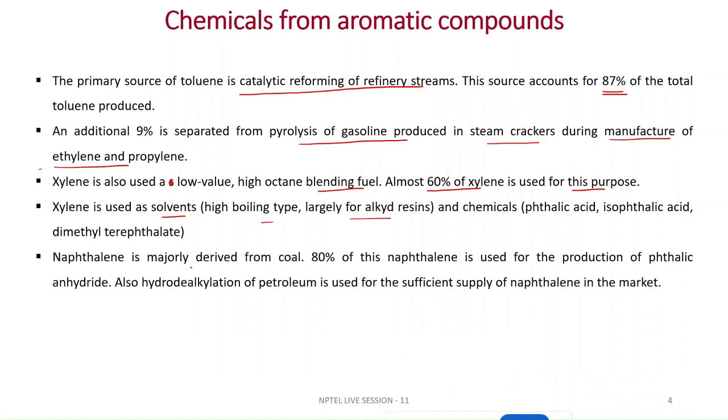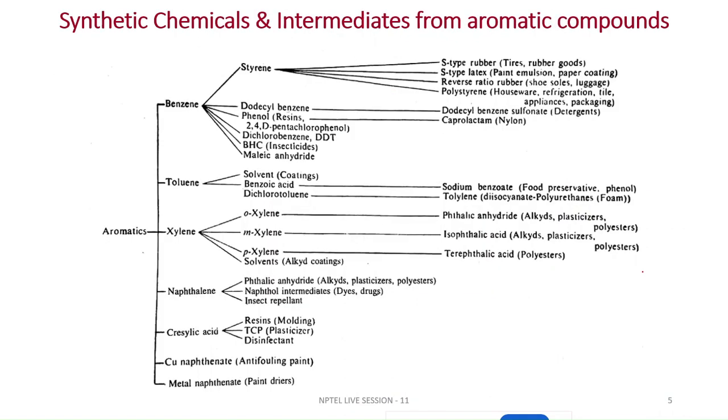Naphthalene is also majorly derived from coal, the heavy portion. 80% of this naphthalene is used for the production of phthalic anhydride. Also, the hydrodealkylation process of petroleum crude oil is used for the sufficient supply of naphthalene in the market. Now you can see from this figure what the synthetic chemicals and the intermediates are